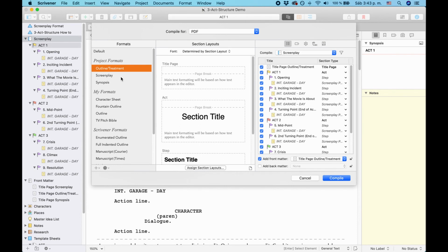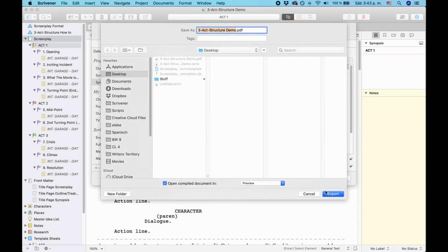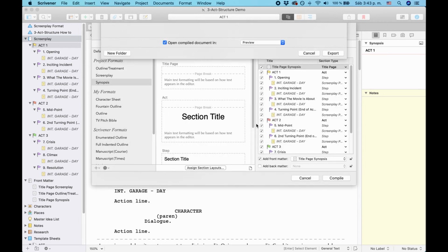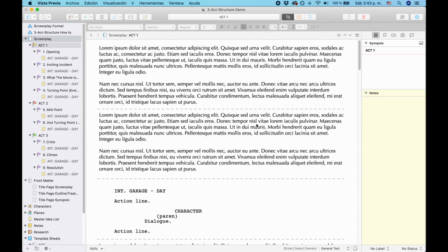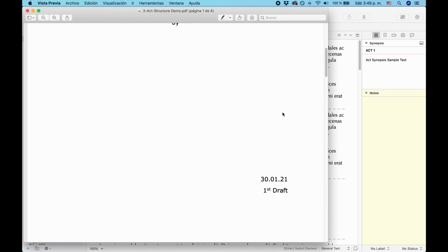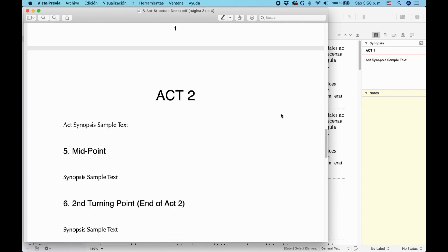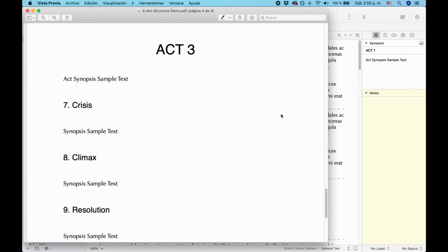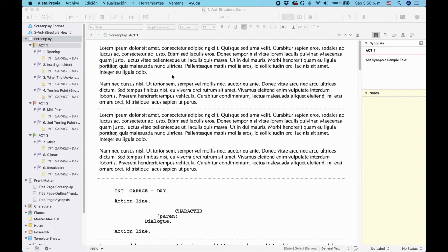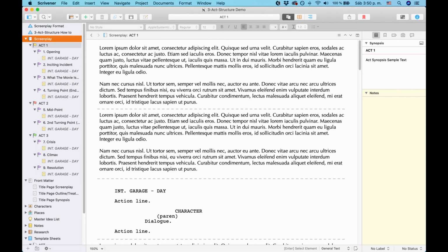All right, let's have a look at the other documents. Synopsis first. I'm just going to output the synopsis as it is. Let's replace the last one. And now you can see it outputs the Act document with a synopsis, and also underneath the step document with their respective synopsis. So that's useful when you only want to export a big overview, a general overview of what each act and what each step does without a lot of text. Just a real simple